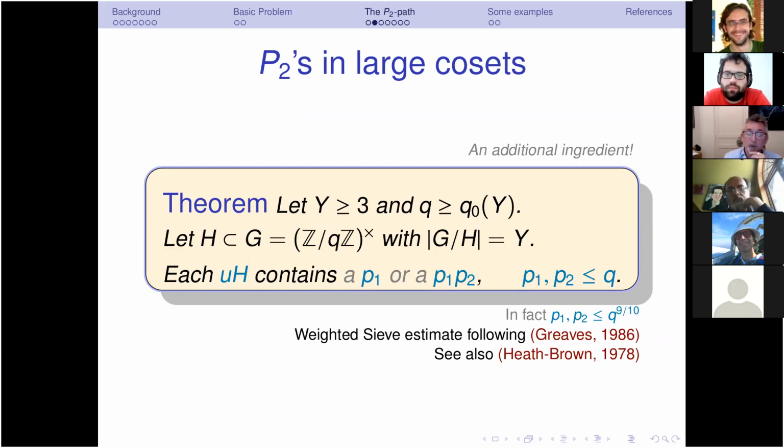So the dependence in y is rather wild. If you have y equal to q or phi of q, you get a very bad result. If you take y very large, you really lose more than if you look at an individual arithmetic progression. So it's not a smooth transition between a subgroup and one individual class. There's a transition around